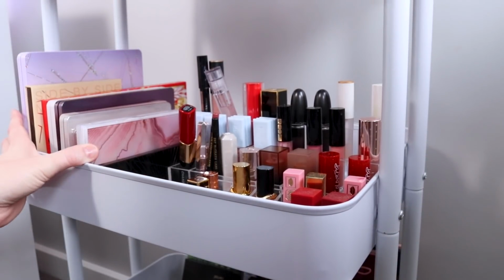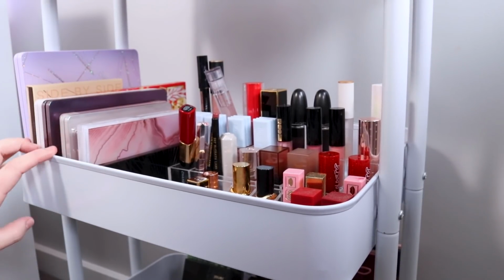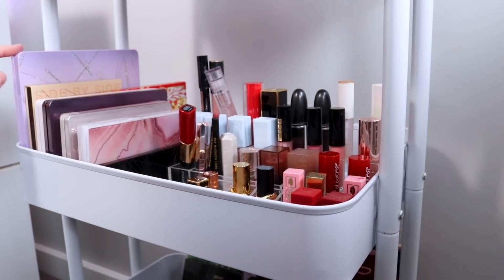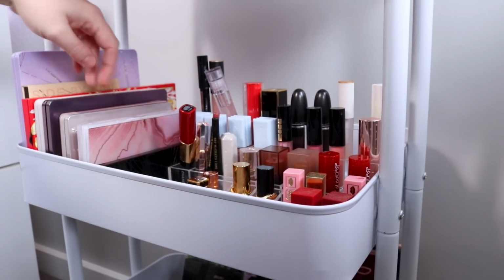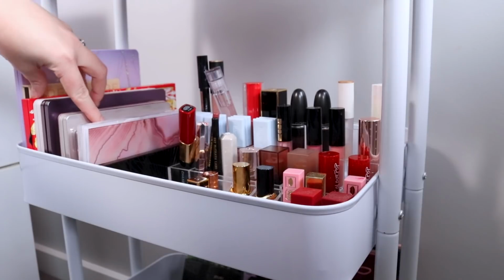I actually kind of like this because these are kind of like my faves, apart from my Pat McGrath Labs and also my two Vizia, but now I'll be able to actually see down the bottom a lot better. So I just put my Norvina Volume 5, Nabla Side by Side, Odyssey, all my Natasha Denonas. I'm actually going to do, I think, a 5 days of Natasha Denona, kind of like I did with Pat,